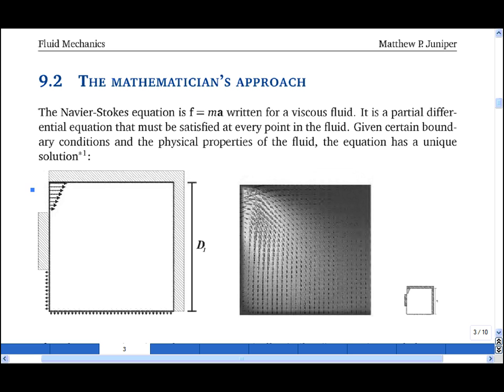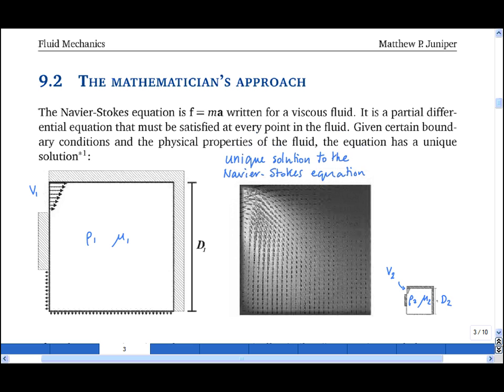So let's say that we've defined our inlet velocity, which I will call v1, our density, ρ1, our viscosity, μ1, and the size of the box, d1, then we can calculate, using our CFD package, our unique solution to the Navier-Stokes equation. And let's say I have another little box here that is exactly the same shape but a different size, so it's geometrically similar, and the boundary condition there is speed v2, density ρ2, viscosity μ2, and size d2,